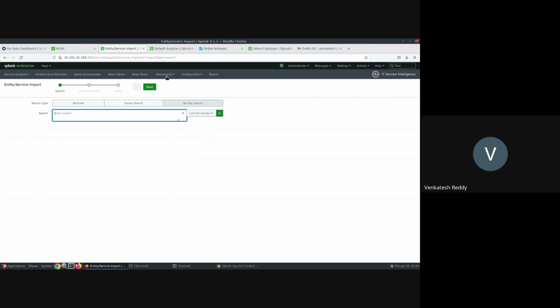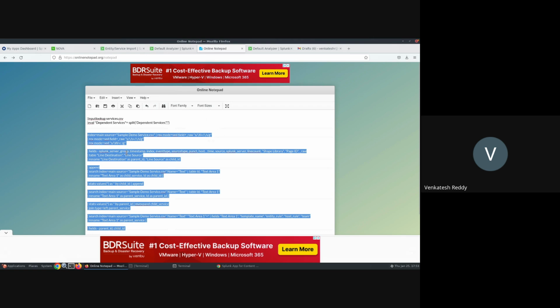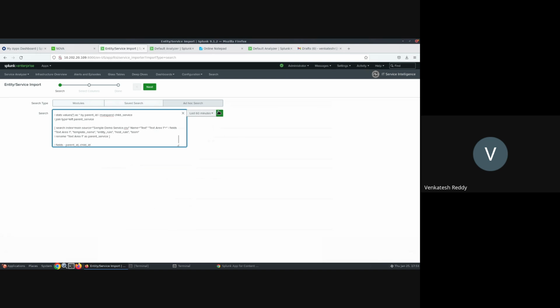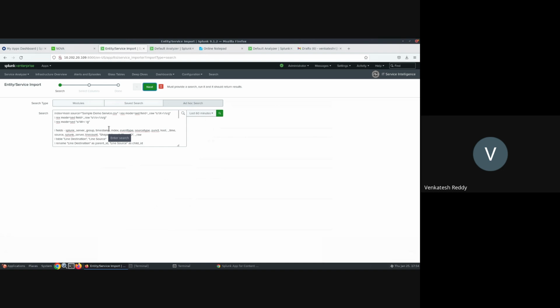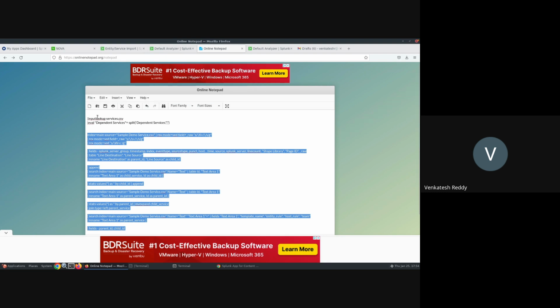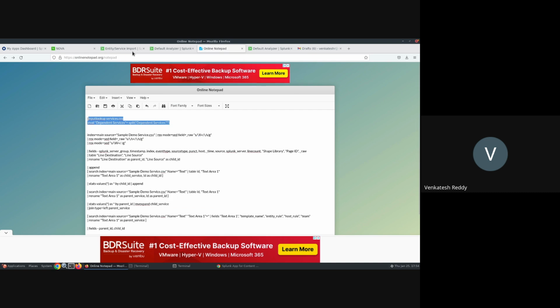Let me copy this one. I think it won't show anything because I provided the wrong source here. Maybe I'll go with a default one, this lookup file.